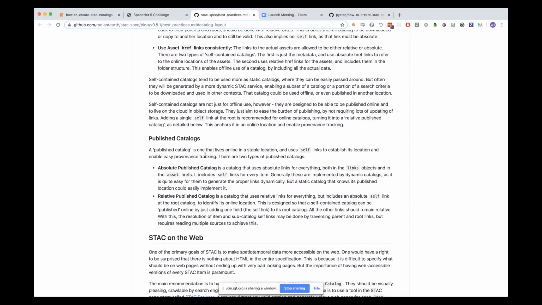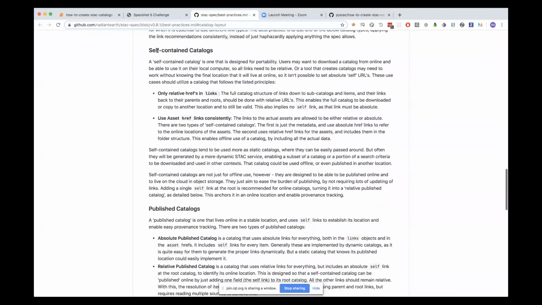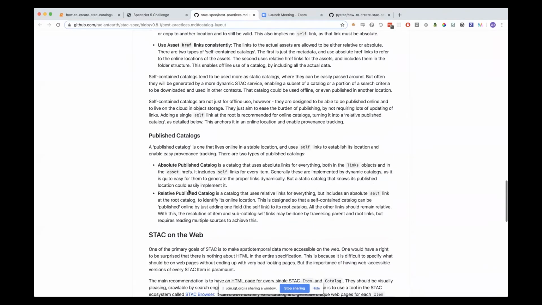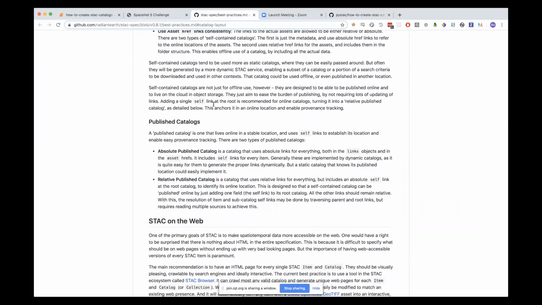One thing to mention is that self-links are required to be absolute. So self-links can't be relative. So in the self-contained catalog, it just doesn't contain any self-links. None of the objects describe themselves. It just doesn't happen. Within relative published catalog, and this might be getting really into the weeds, you can